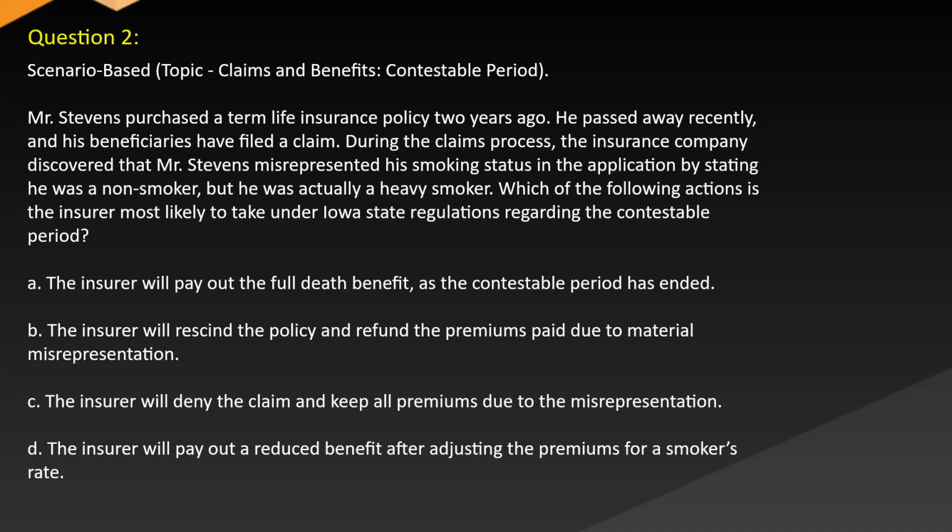Question 2. Scenario-based topic. Claims and benefits. Contestable period. Mr. Stevens purchased a term life insurance policy 2 years ago. He passed away recently and his beneficiaries have filed a claim. During the claims process, the insurance company discovered that Mr. Stevens misrepresented his smoking status in the application by stating he was a non-smoker, but he was actually a heavy smoker. Which of the following actions is the insurer most likely to take under Iowa state regulations regarding the contestable